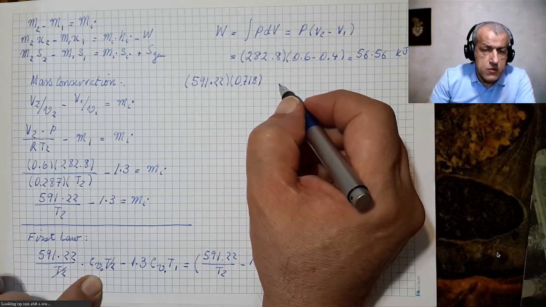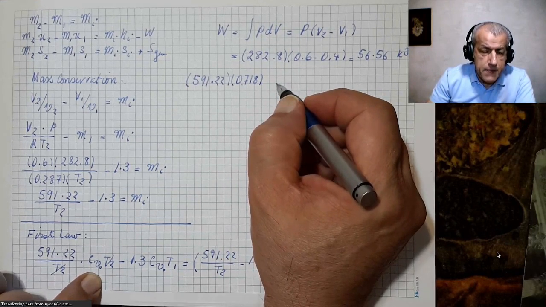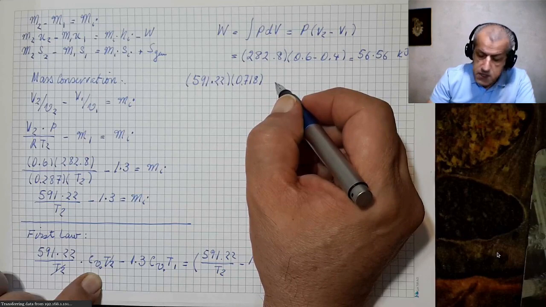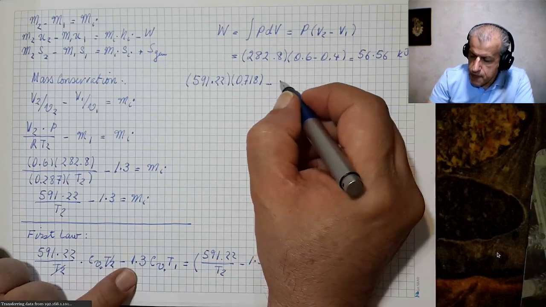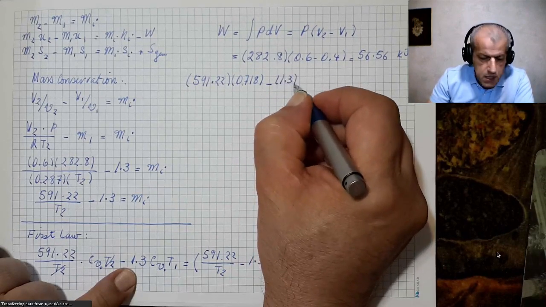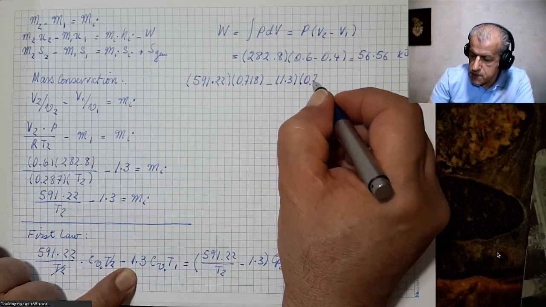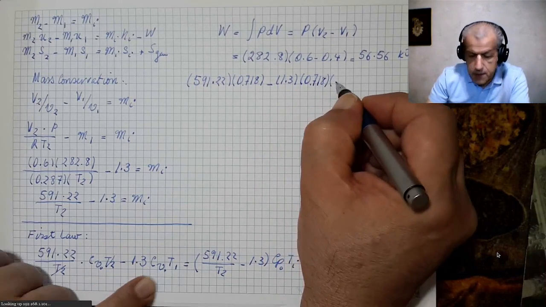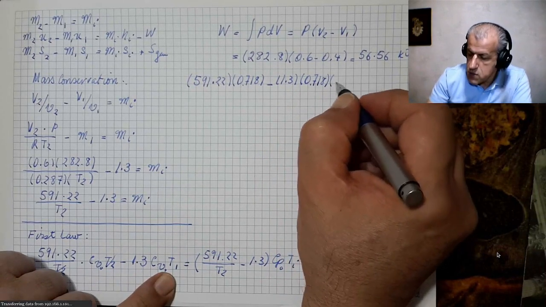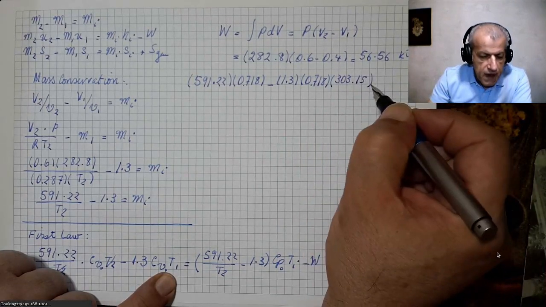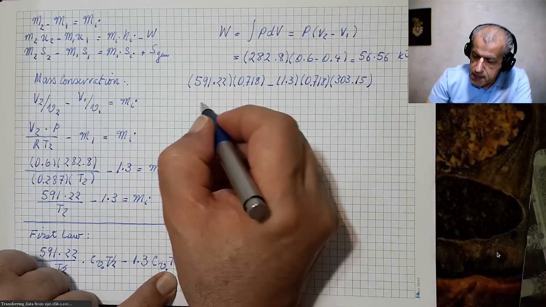Of course, we are using air at normal conditions. It would be a very good approximation for CV0 and CP0, minus 1.3 kilograms times CV0, which is 0.718 times T1, which is 303.15, and that equals